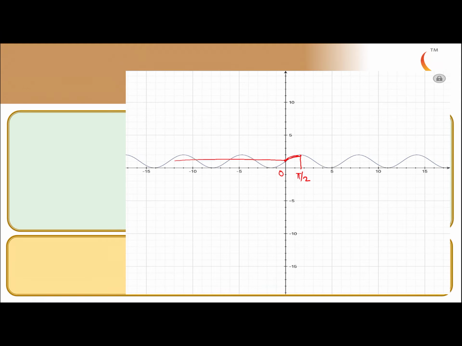Okay, what we observe, here slope is 0 and here slope is 1. So the left hand slope is equal to 0 and the right hand slope is equal to 1 about